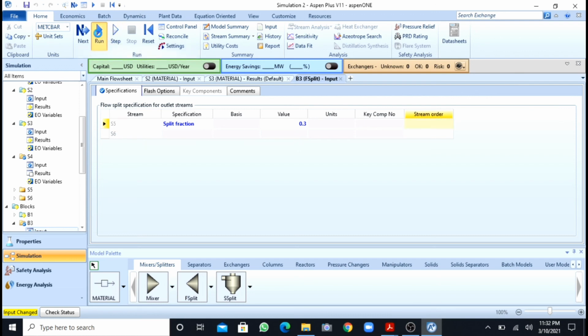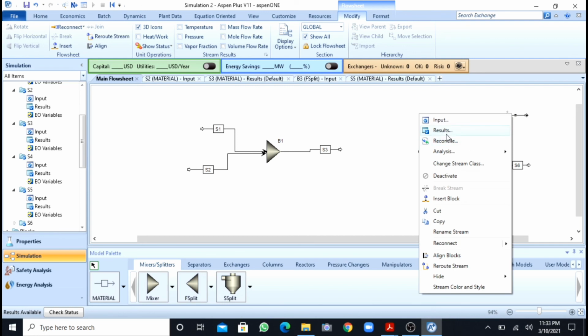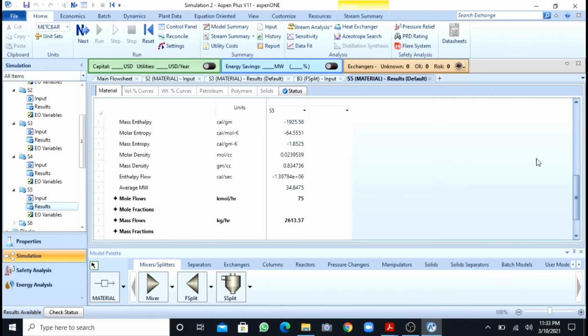Now I will press run. You can see that my results are available. After going to the main flowsheet, I will right click on S5 and see the results. Here you can see that I am having mole flow as 75, because 30% of 250 kg mole is 75.